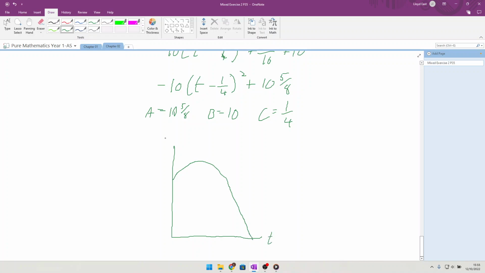There's your time, there's your height. We know that it hits here at 1.28 seconds. We know that the diver leaves the diving board at 10 meters. And because of the completing the square, we know that the quarter is 0.25 seconds is the time that we hit the maximum of the dive, and we know that 10 and 5/8,